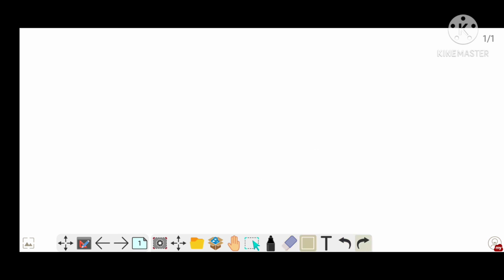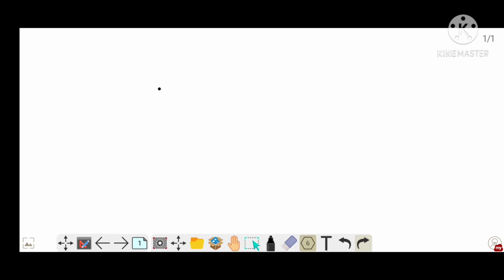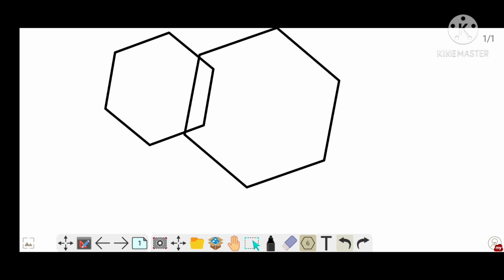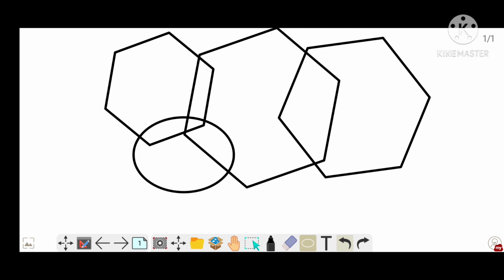The next major option is this shapes. Shapes by which you can draw any shape on screen. You can draw any shape of any size that can be adjusted, of any color. You can choose shape colors from this icon.